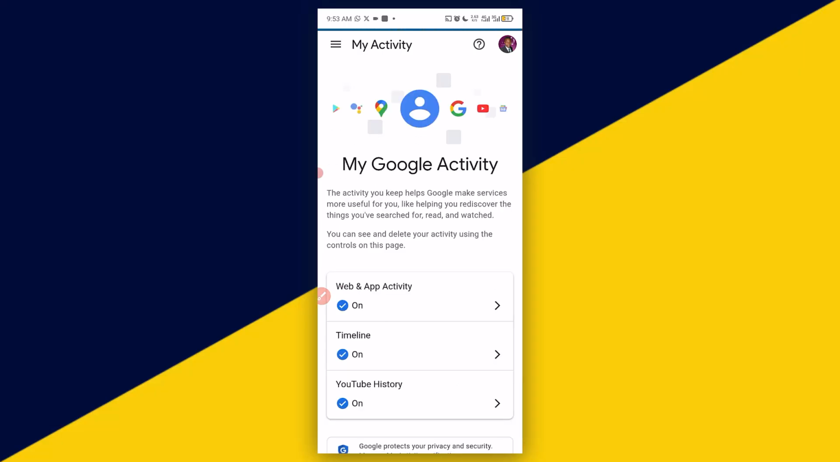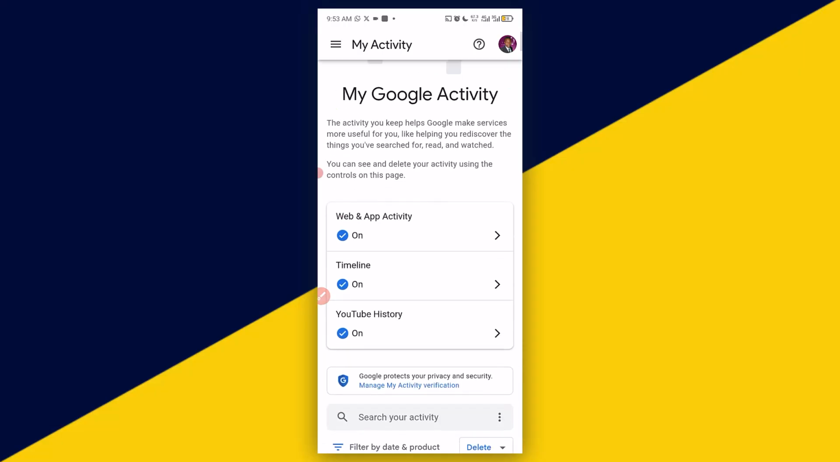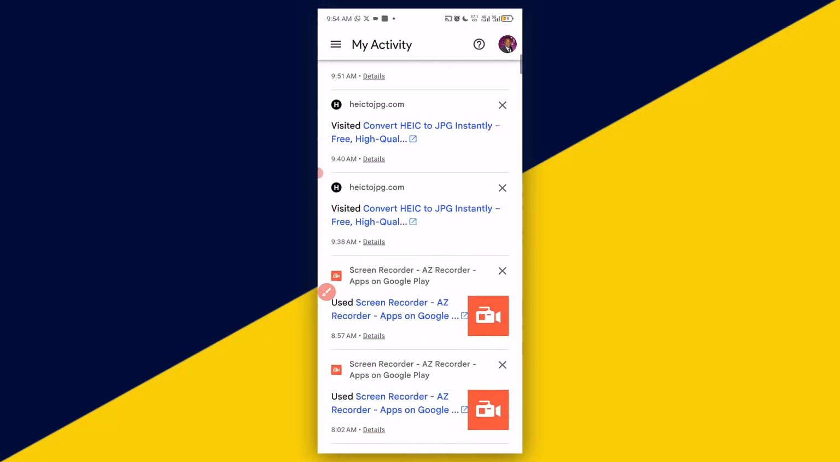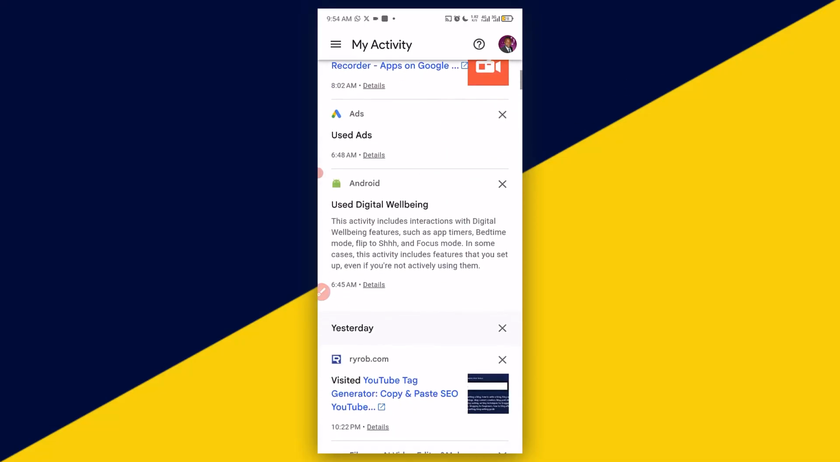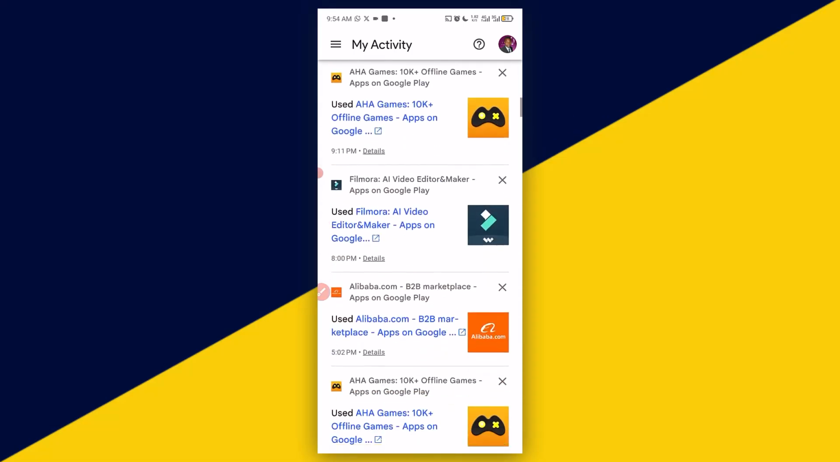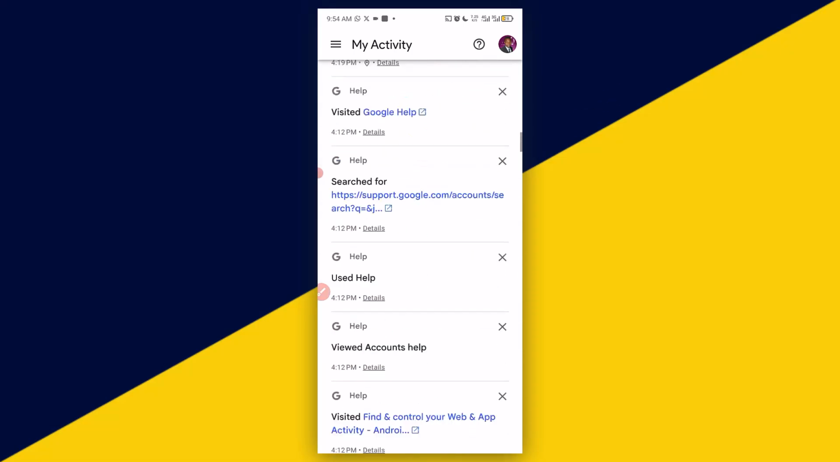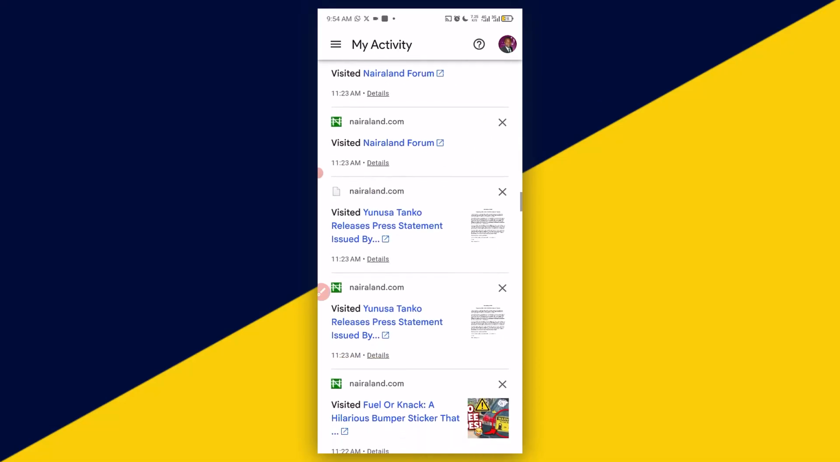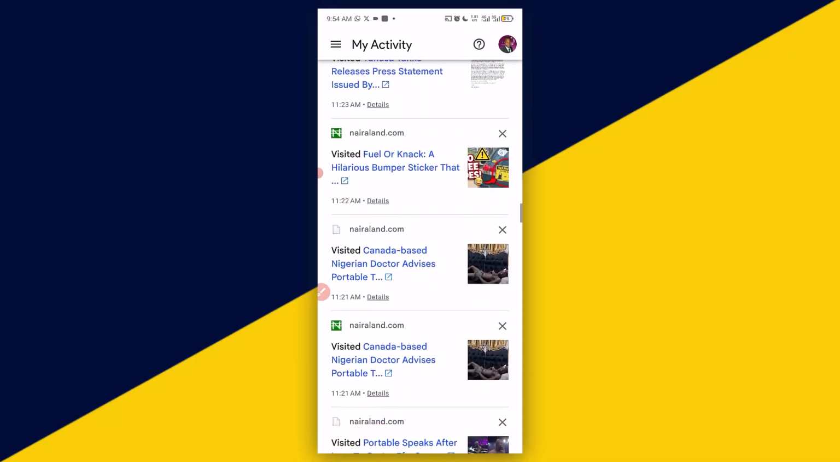Then here you go. You have access to all your Google activity, such as web and app activity, timeline, YouTube history. You can scroll down right here and see some of your history across Google service. The more you scroll down, the more you see all your browse history right here. However, you can decide to manage and delete or remove as many as possible different history and activity from your